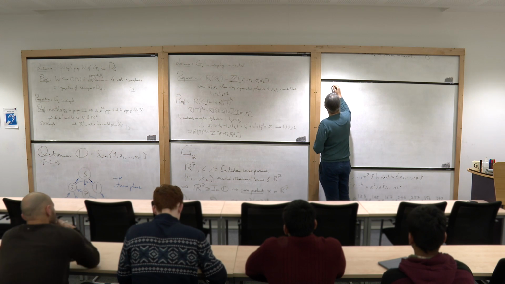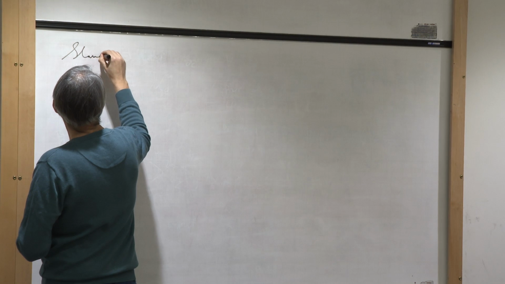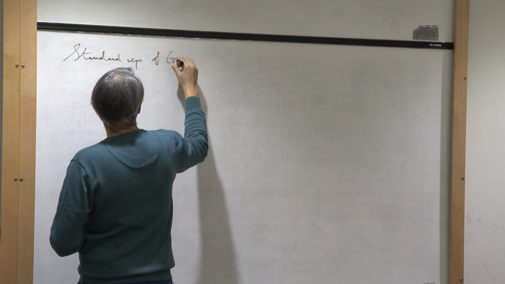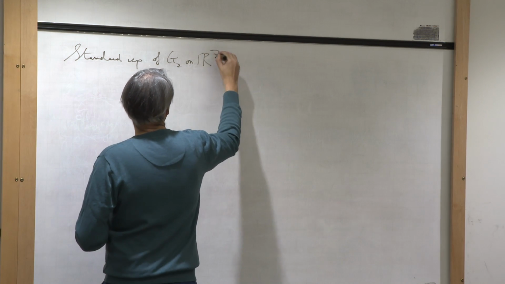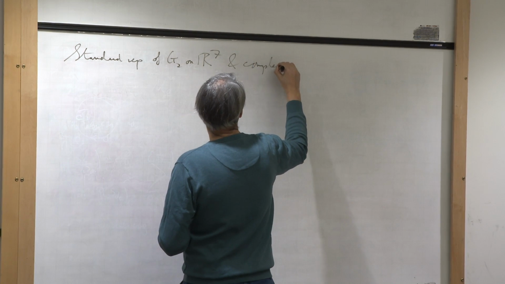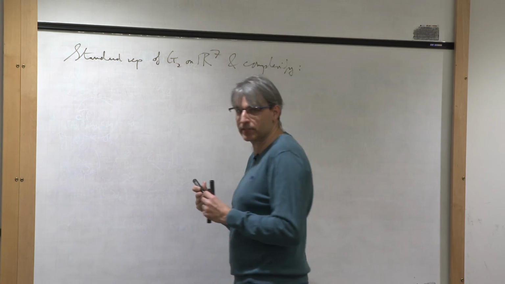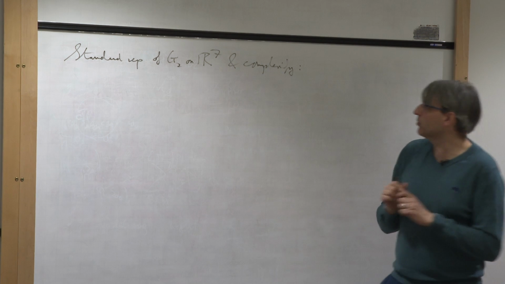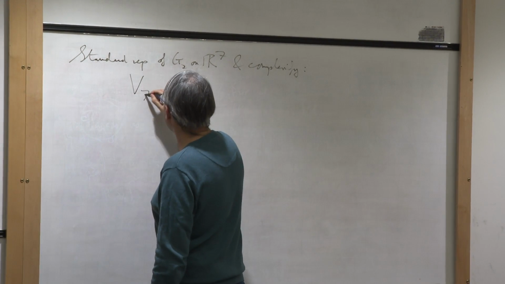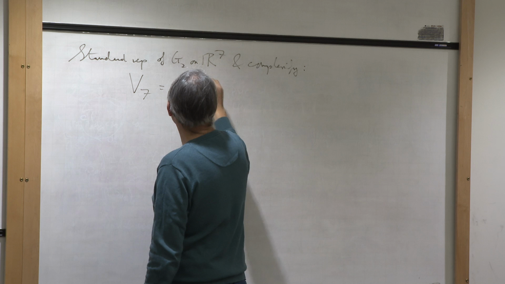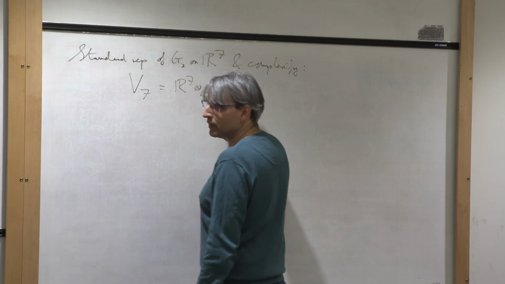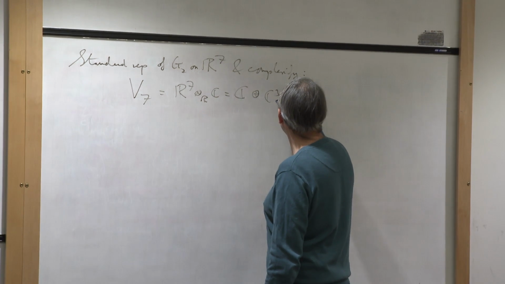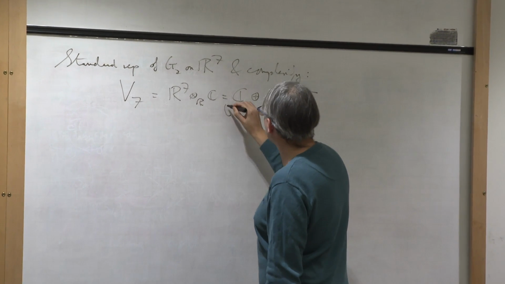So this is the end. I say that if I take the standard representation of G2 on R7 and complexify, because remember that when I do the representation ring, I always have to complexify my representations, right? I always have to complexify them. And so I'm going to call this V7, which is R7 tensor over R with C, and it is C plus C3 plus C3 bar as irreps